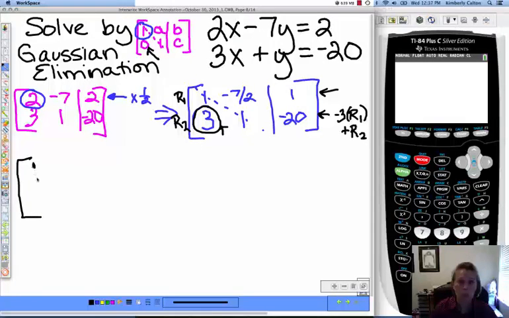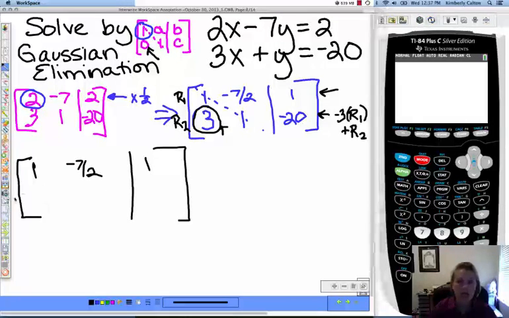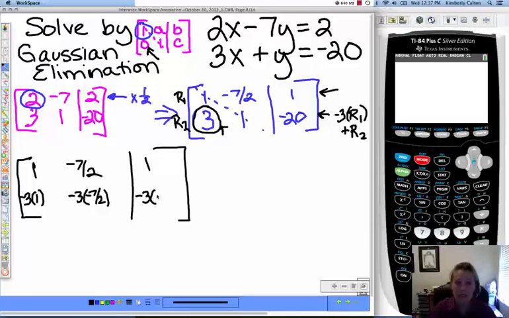So we have 1, -7/2, and 1. And now we're going to do the step that I said. And remember, we're trying to get this to be 0. So we're going to take the row above it and multiply by -3. So I have -3 times 1, -3 times -7/2, -3 times 1. So I've multiplied the top row, and now I'm going to add it to the second row. Remember, the entire purpose of this,